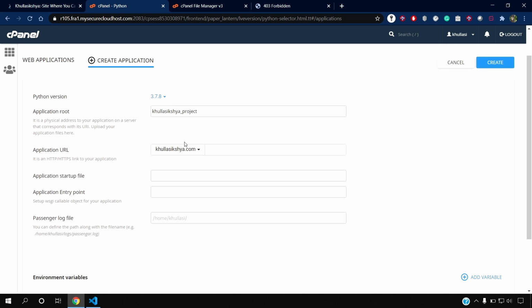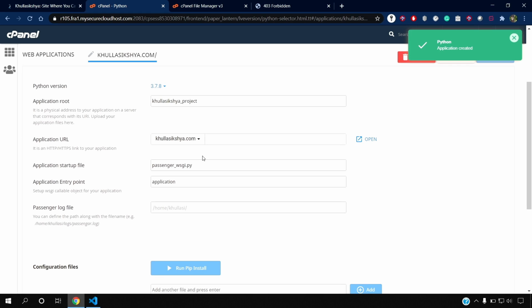Let's leave the rest as it is. Here it automatically creates the WSGI file, and one application object is created. If we press create, it will automatically create one application, and we will be provided one virtual environment directory.